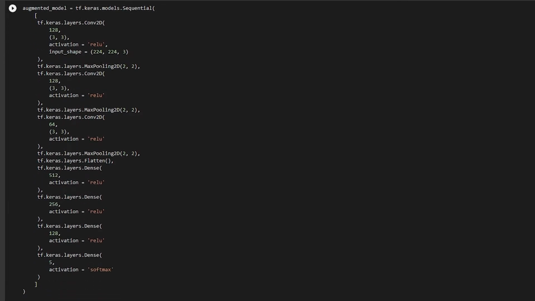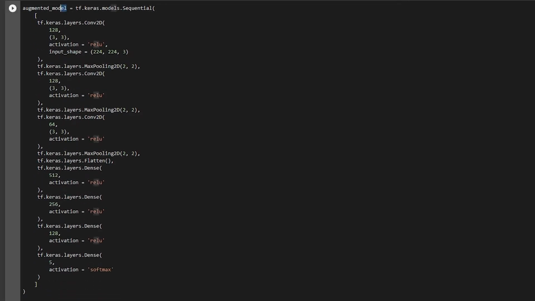Now we come to our model. I have created a model. Augmented model is the name of the variable which holds my class, which is Sequential. The Sequential has one Conv2D layer, taking 224 by 224 by 3. This 3 is for the RGB channels of the images, and the activation I perform is ReLU. If you don't have any idea, please go and check. I am applying 128 filters of size 3 by 3. Later on I am performing a max pool layer. This makes a good combination.